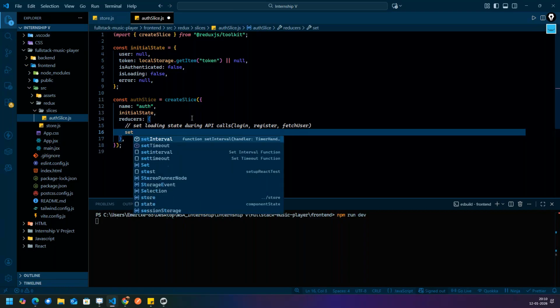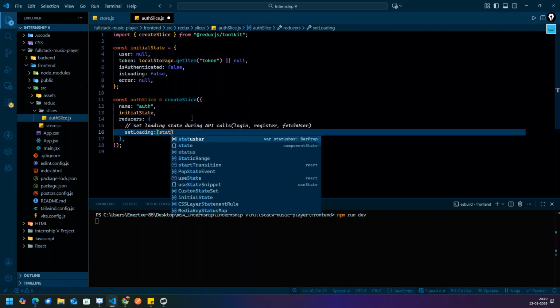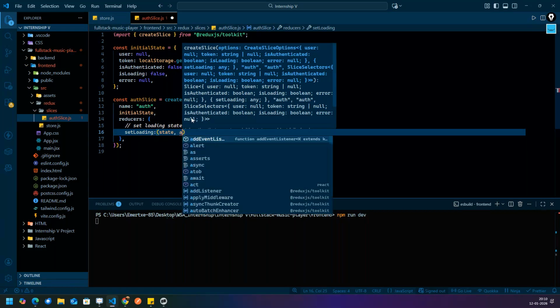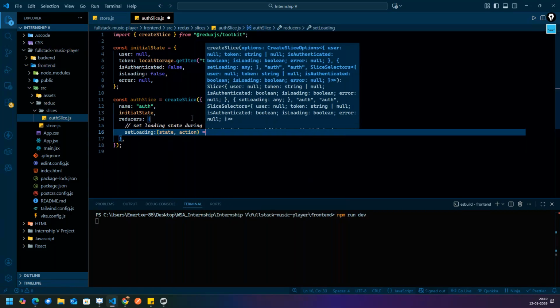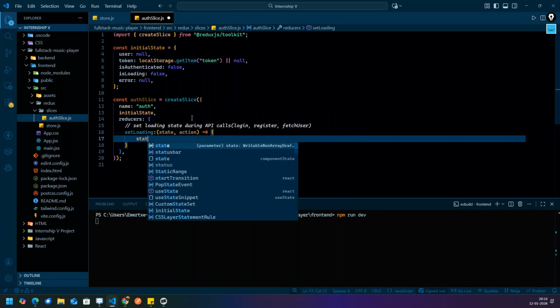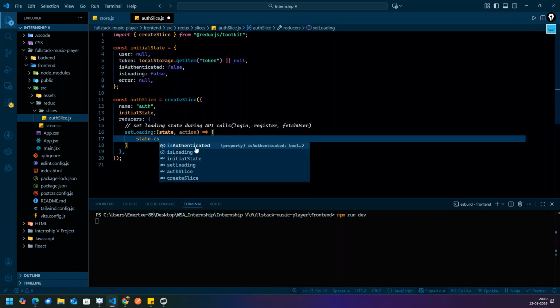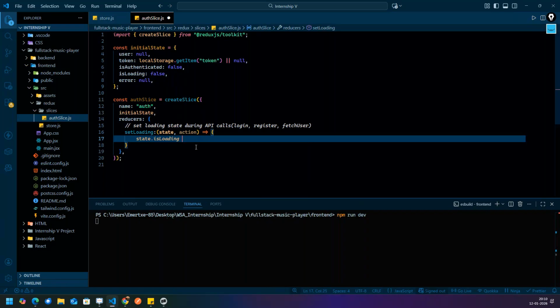Fine. So I'll write the functionality of set loading, which takes only two parameters, state and action. Now, if I write state, state is representing this initial state, guys, all of this. state.isLoading: what should I make? Suppose if it is false, make it true; if it is true, make it false.